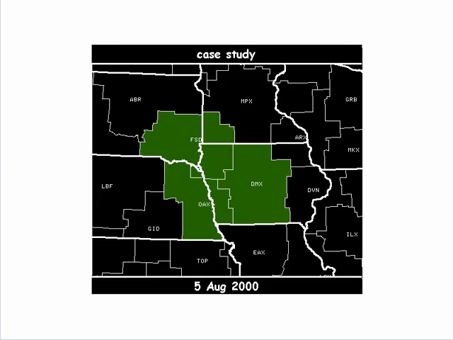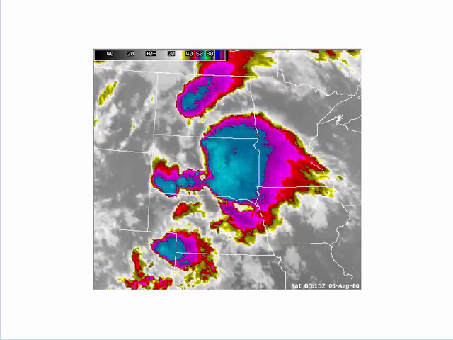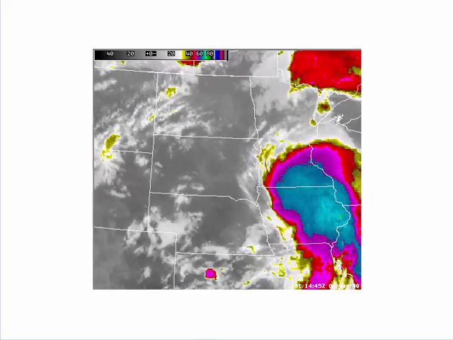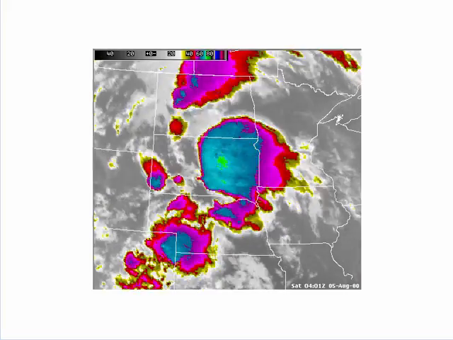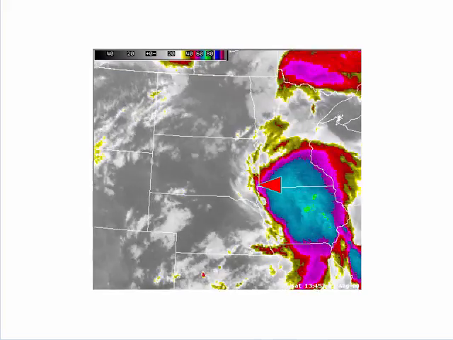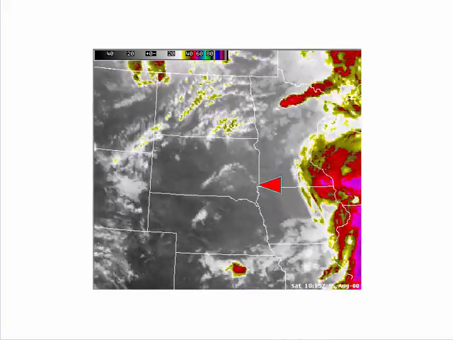Our first case is from 5 August of 2000, and for this case, we'll pretend like we're forecasting for Sioux Falls, Des Moines, and Omaha. The first thing we'll look at is the 10.7 micron IR imagery here during the overnight hours through the midday hours. And the first thing that catches your attention here is this MCS,